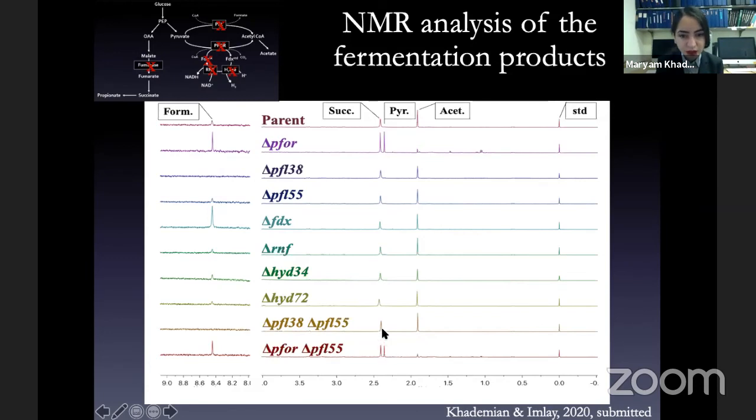And both of these strains show a new peak, which is the pyruvate. It suggests that if you delete PFOR, the cells can use PFL, but it seems like PFL is not as good in converting pyruvate. Therefore, pyruvate starts accumulating in the cell and it gets secreted into the environment. These mutants also secrete a lot of formate. That makes sense because if we delete PFOR, the flux through PFL goes higher, therefore more formate